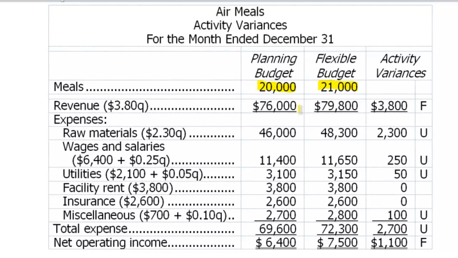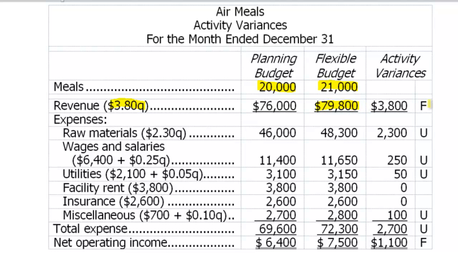We're going to use the same formulas used in the planning budget to calculate a flexible budget. So for example, revenue is calculated at $3.80 per meal. If we multiply that by 21,000 meals, you get revenue on the flexible budget of $79,800. When you compare that $79,800 in the flexible budget to the $76,000 in the planning budget, you can see